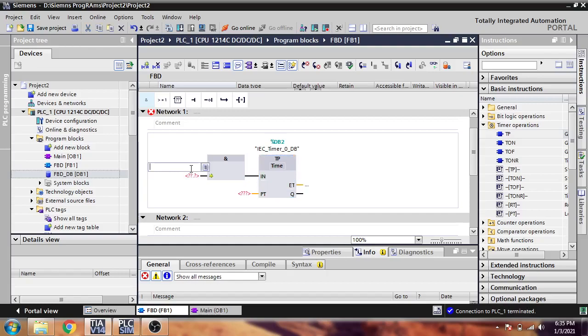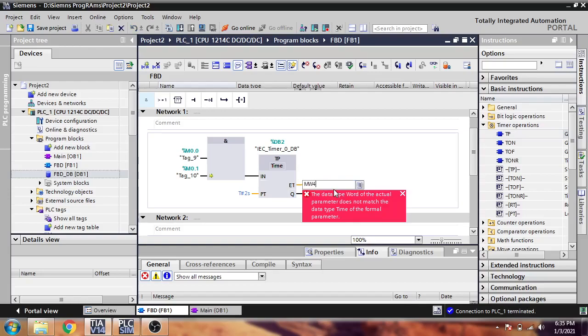So I am going to open M0.0 there, and M0.1, and in the PT I am going to add 2 seconds, which is enough. And in ET I am just using MW4.